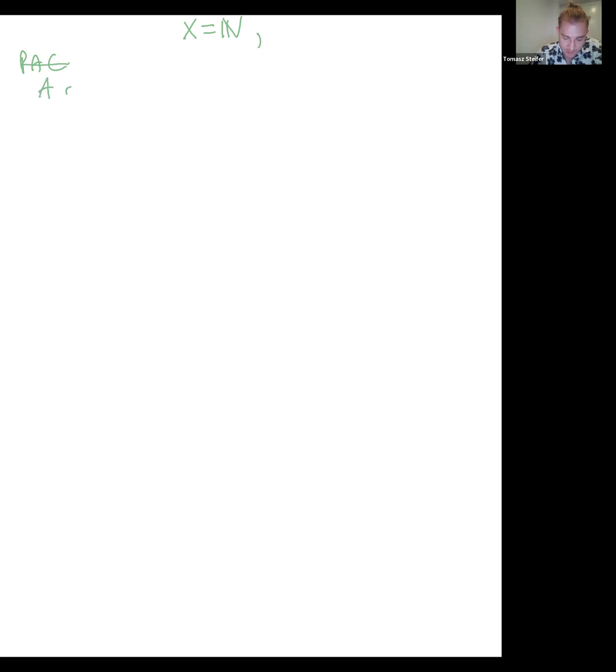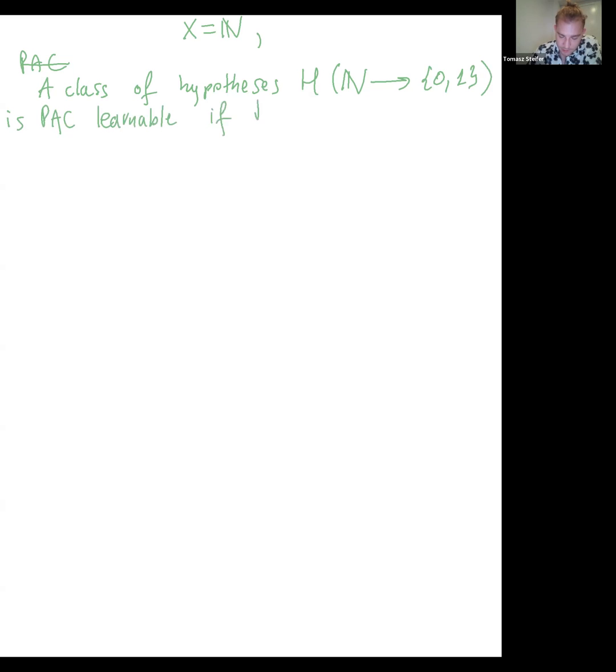We have a class of hypotheses H, which is composed of functions from natural numbers into 0 or 1. And we'll say that H is PAC learnable if there is a function A, which is called a learner,